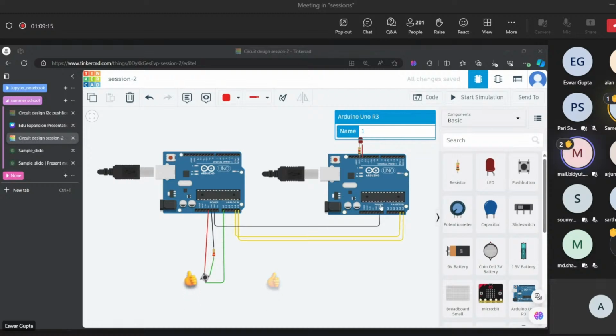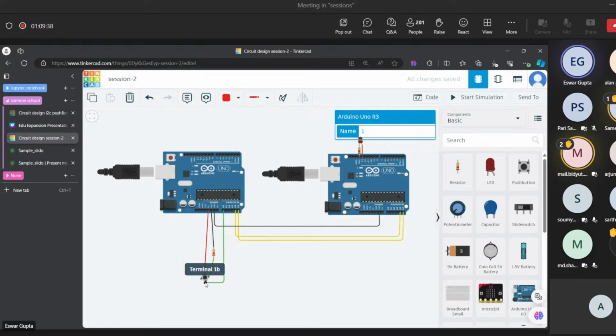Sir, can you please explain the master Arduino again, the connection of the master Arduino? So the master Arduino, we have a 5 volt and we have a ground and we have a push button. We have just connected the 5 volt to terminal 2A and ground to terminal 1A. When we press the push button, that data should be transferred to A0, some pin, right?